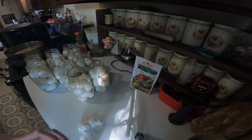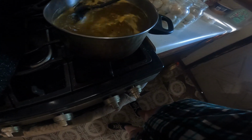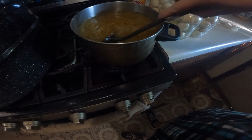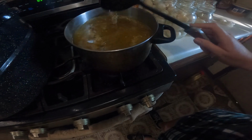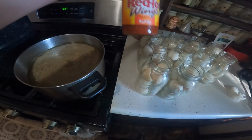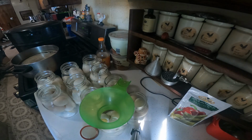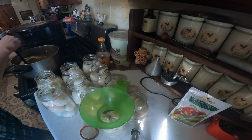Let's see. I have particular tools that I like using when I can. So, still a little gritty on the bottom, you can tell by feel. But we're going to keep letting that do its thing. And I think for a little color, I'm going to add some hot sauce because these ones are hot anyways. Now that our brine is hot enough, nice and dissolved,